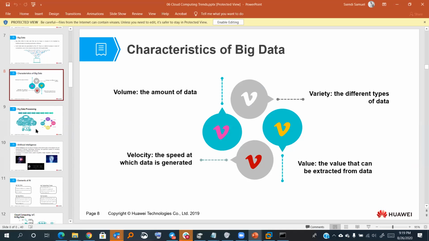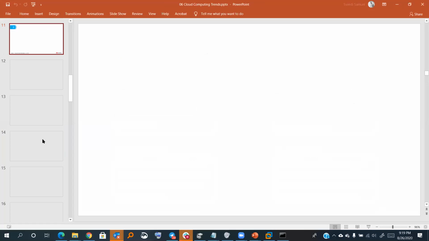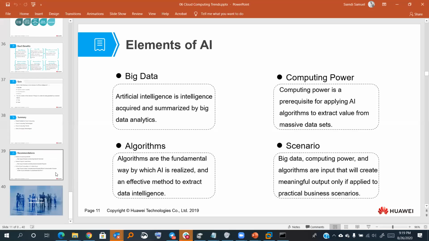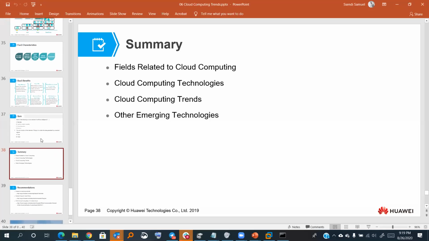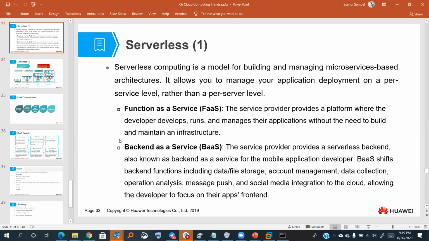Usually we use this class to have class engagements and have people discuss. There are just 40 slides, minus about 6 of them, so about 32 slides available. In tomorrow's class, you will be discussing